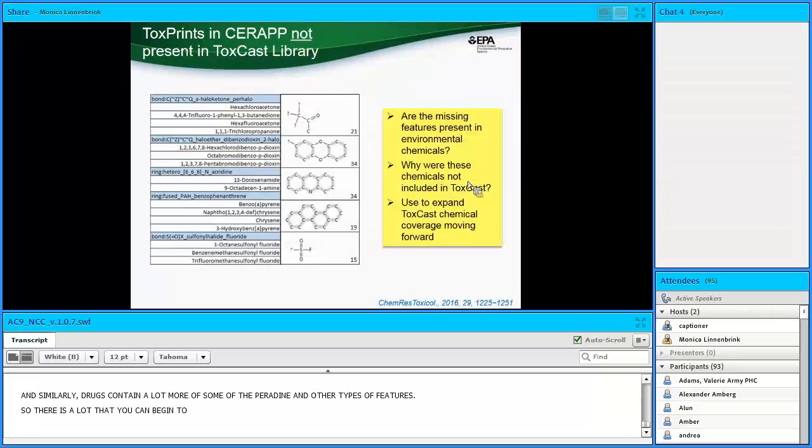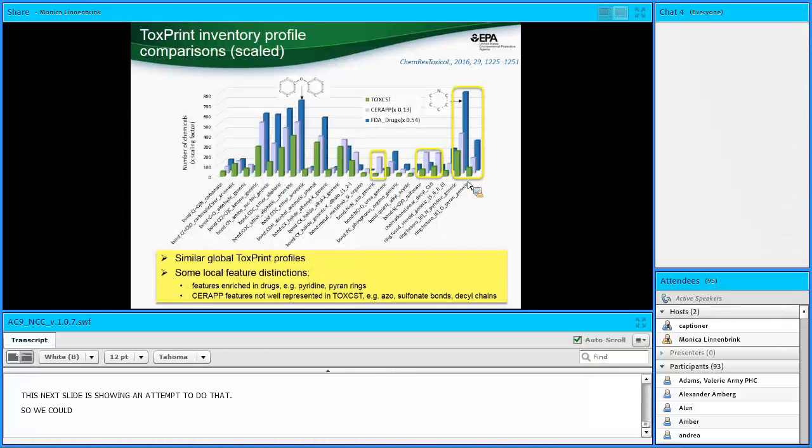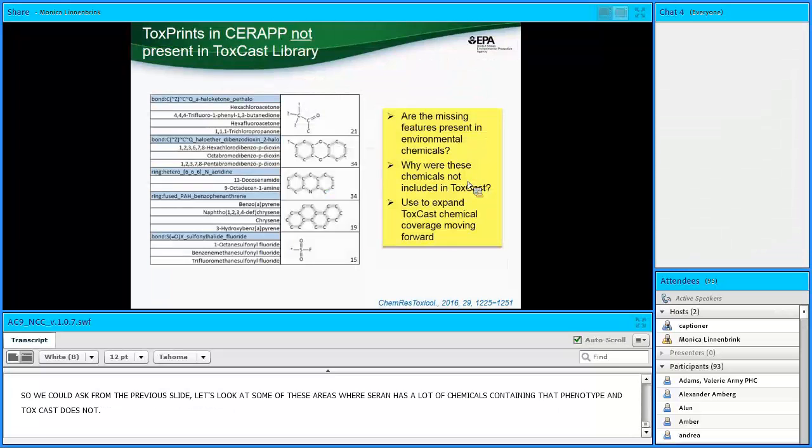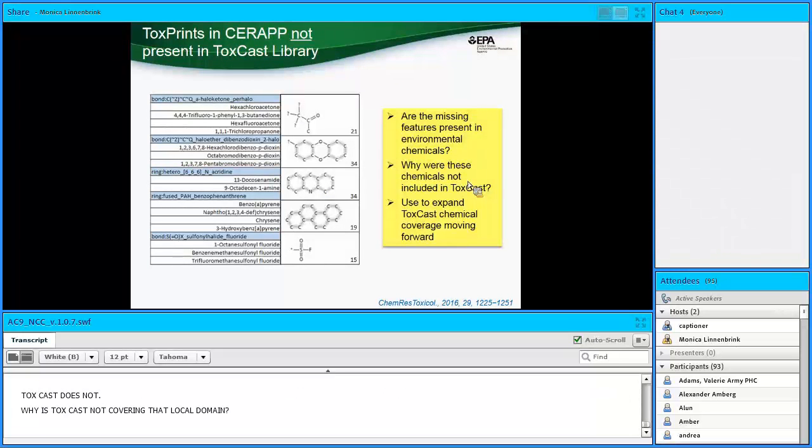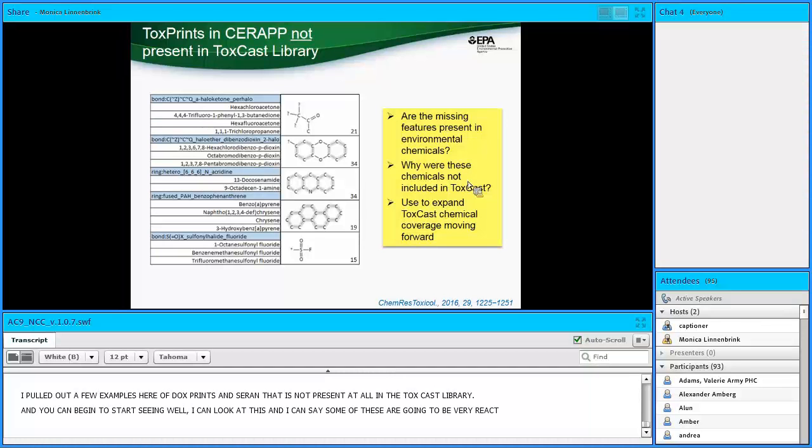of these local domains. This next slide is showing an attempt to do that. So we could ask, from the previous slide, let's look at some of these areas where SARAP has a lot of chemicals containing a chemotype and ToxCast does not. Why is ToxCast not covering that local domain? I pulled out a few examples here of ToxPrints in SARAP that are not present at all in the ToxCast library. And you can begin to start seeing, well, I can look at this and I can say some